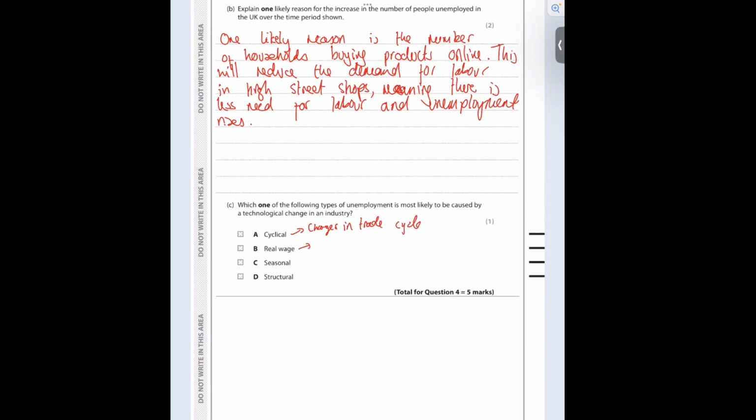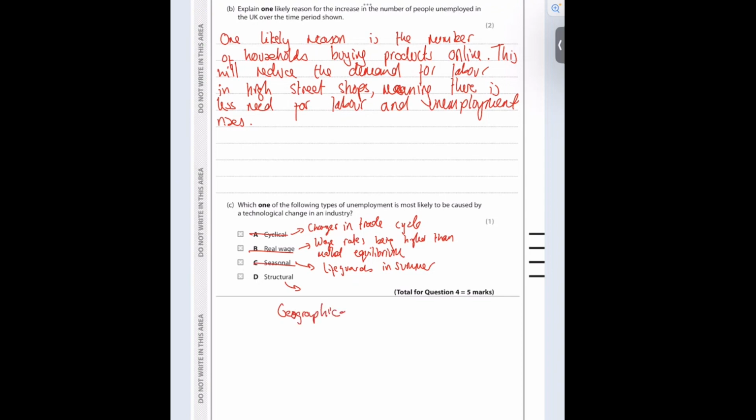Real wage is caused by wage rates being higher than market equilibrium. Basically, there's a surplus of labor. Seasonal is things like lifeguards in summer. So no, no, no. Structural, it's a combination of either geographical